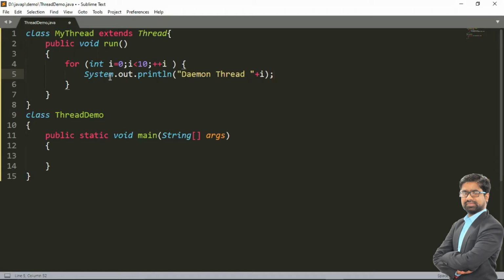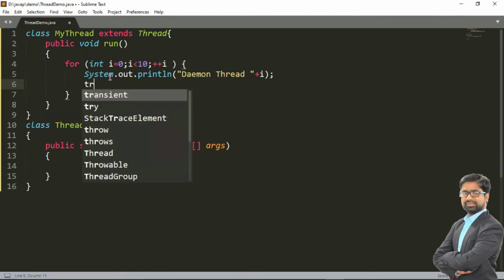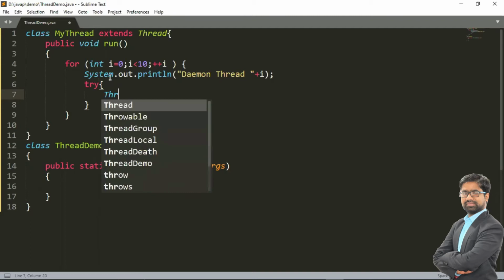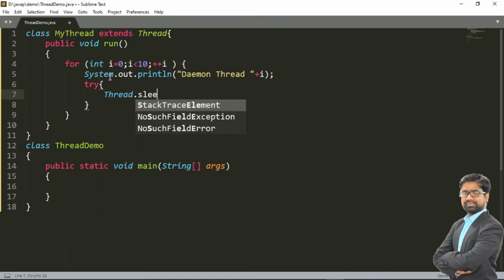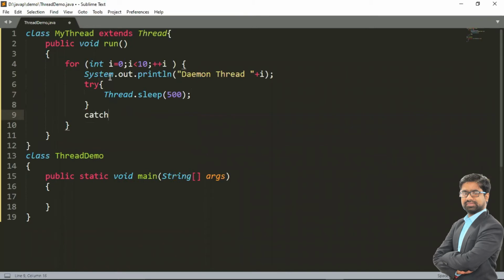Now I'm going to call the sleep method. If we call the sleep method, we have to use a try-catch block, otherwise we have to handle it using the throws keyword. We call Thread.sleep and pass the time as an argument. This is the try block, and then we get the catch block.